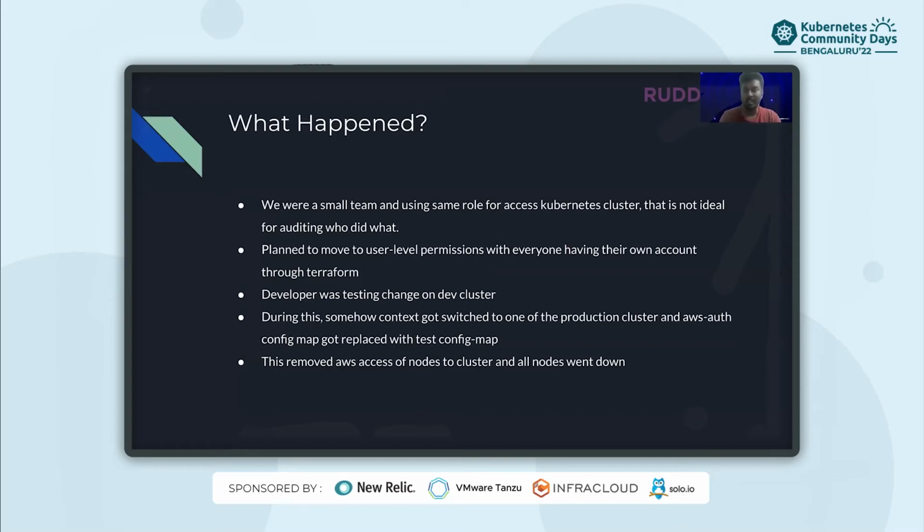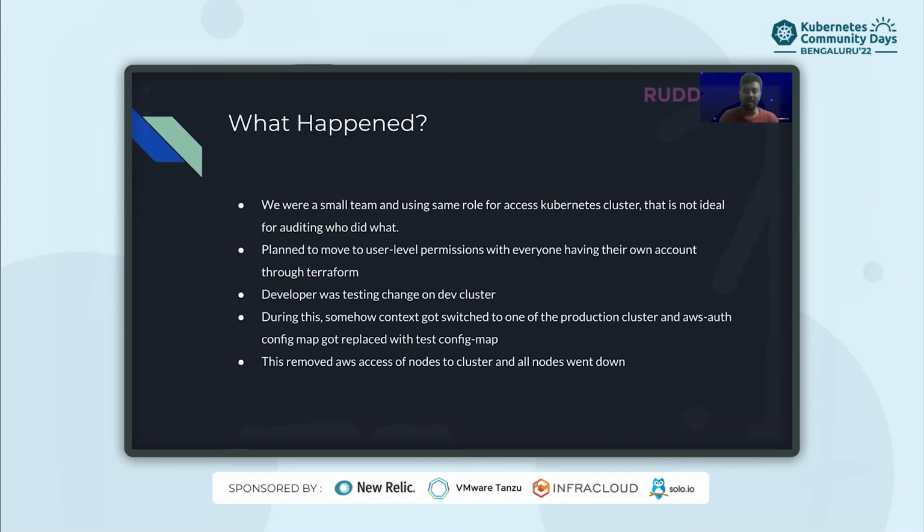So we were trying this thing out on our dev cluster, obviously, and we got everything working. But then we thought we should not manually apply these changes on production. We should do it through Terraform. So we were again testing these things out, and during this testing,